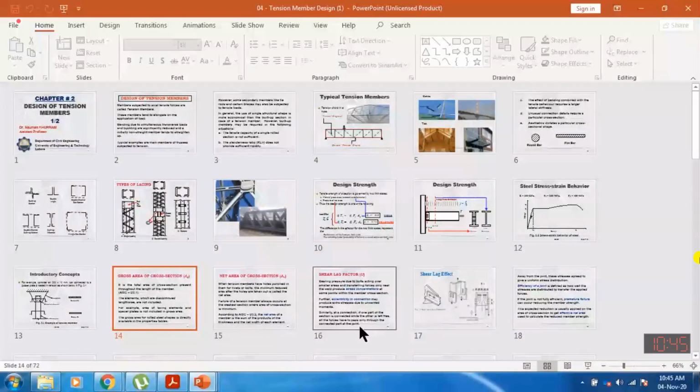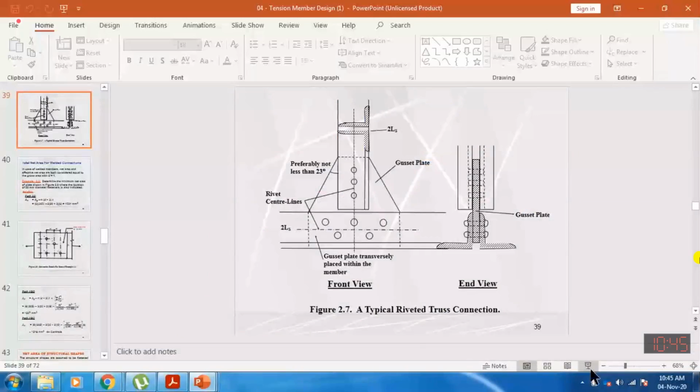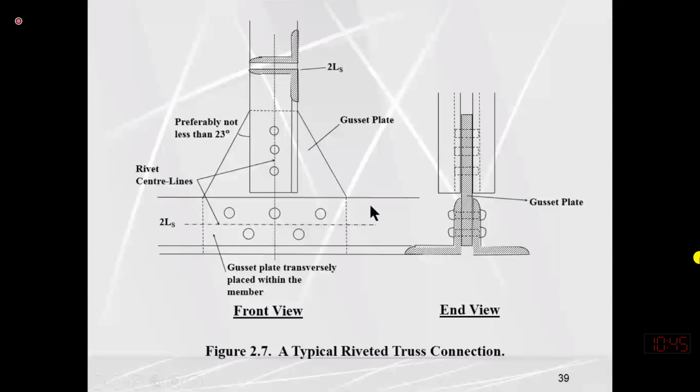Yes, over here. Here you will see that this is the double angle section bottom chord. So this is the cross section. One angle is on one side, one on the other side. In between we have a gusset plate. One single gusset plate will be used either in the case of double angle or single angle. But when we have an I section, we have to connect the I section with the flange, so we are supposed to use two gusset plates, just like I have shown you.